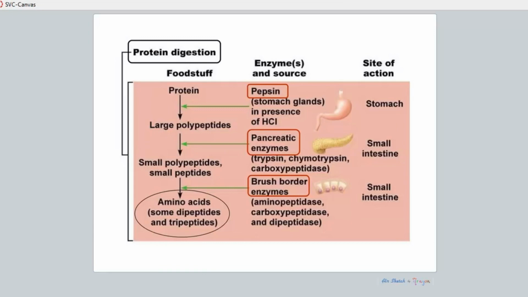What about proteins? Where does protein digestion begin? In the mouth? Nope. In the esophagus? Nope. It starts in the stomach. And as you guys know, the enzyme that breaks that down is the protease called pepsin. Okay, and this has to happen in the presence of hydrochloric acid. So we have pepsin that takes these chains of amino acids and starts breaking them down